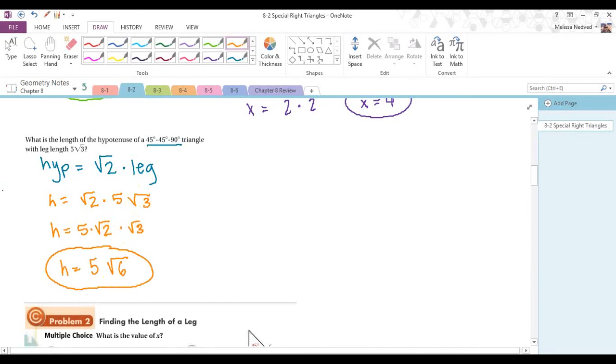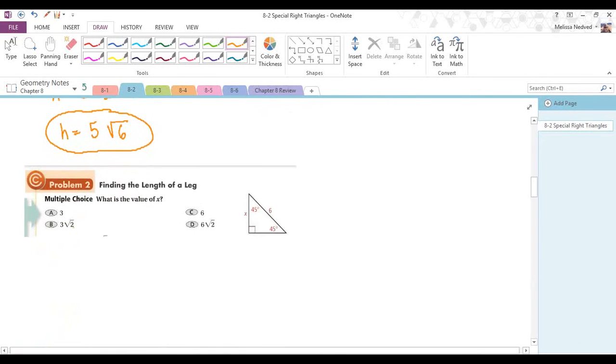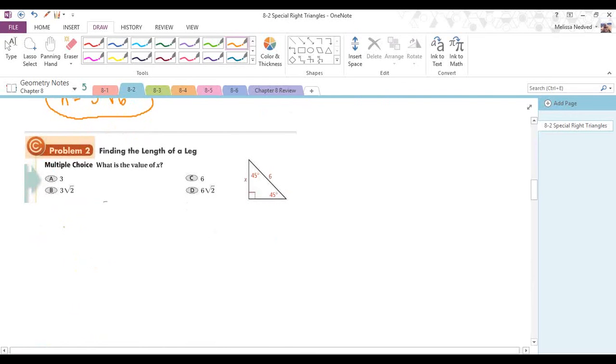Okay? So that's applying that method of 45, 45, 90 when I know the leg and I'm looking for the hypotenuse. All we really did there was substitution and then a little bit of simplification with radicals. That might be some review for you. Maybe you haven't seen that in a while, but pretty straightforward. Plug and chug. Well, let's see what happens when I'm given my hypotenuse and I need to work backwards to